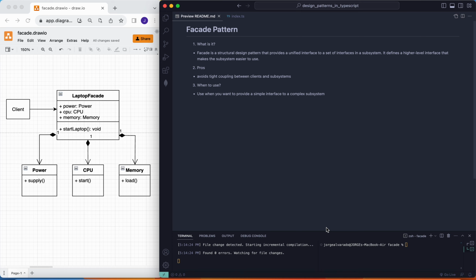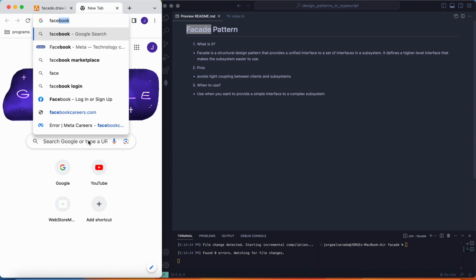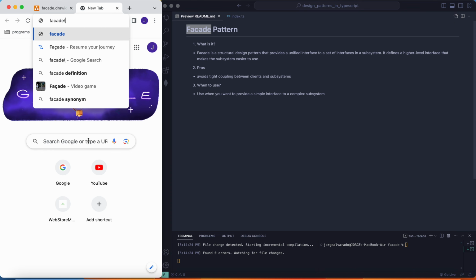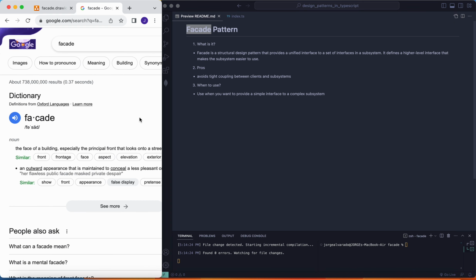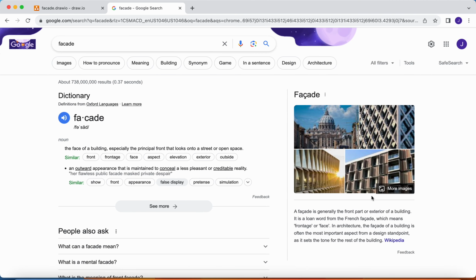So in order for us to get a better understanding of what the facade is, I think we should go ahead and look at the definition of a facade. So I'll go ahead and pull up the definition right here and say facade. Expand this. All right, so if we go here and look at this left section, we'll see that the facade